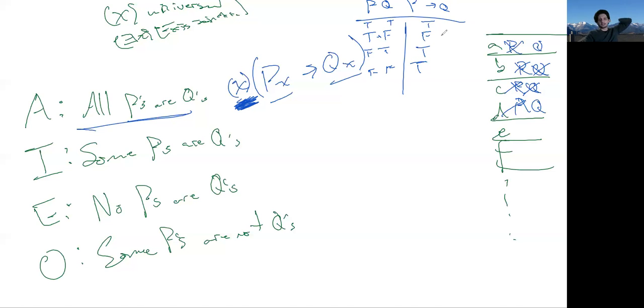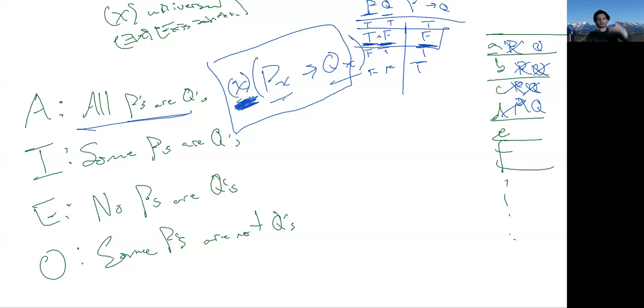Right, so the idea is when you're going down the list, checking one of these A statements, you just need to go down the list and check: is there anybody that was a P but is not a Q? So did have P, did not have Q, right? Because that's the only way that the conditional is ever false. And for these universals, we just need to go check whatever sentence follows that universal that's wrapped in its parentheses. We just need to go check that that will hold for everybody.